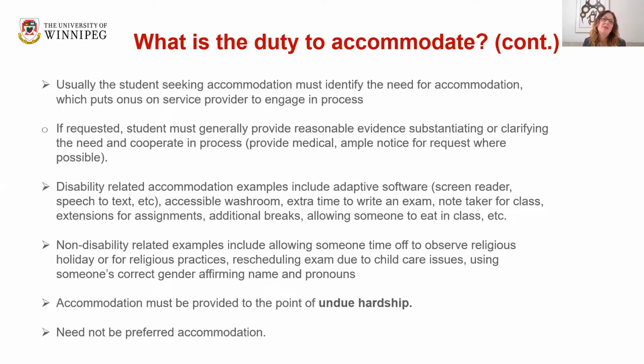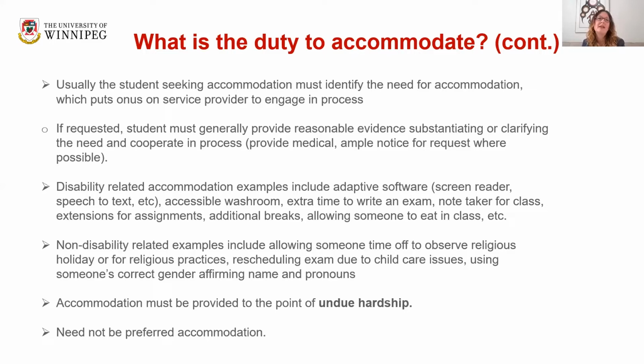So to give you some examples of what accommodation can look like, keeping in mind that every person is different, even different people with the same disability may have different needs, but there are some common accommodations that are provided. So for example, if I have a visual impairment, I might need some type of adaptive software like a screen reader or speech to text. If I have a mobility concern, then I might need an accessible washroom. I might also need extra time to write an exam or a note taker for class depending on the